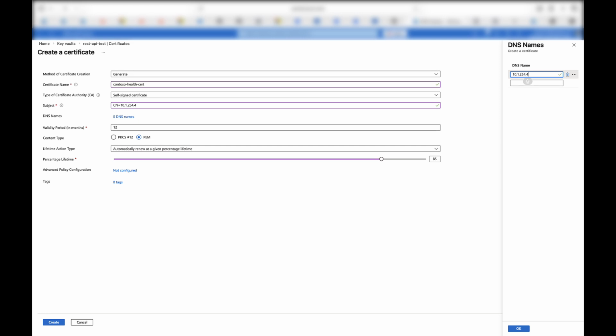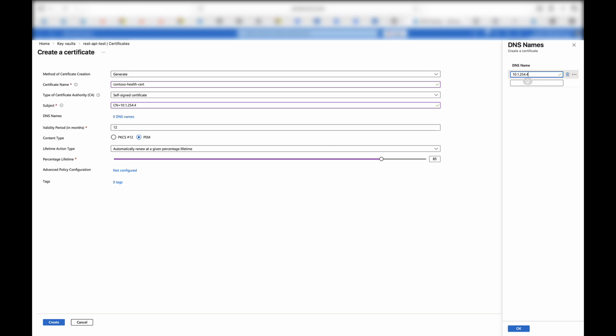Define the DNS name, the subject alternative name. For the DNS name here, again provide either the volume IP or the FQDN. For this demo, I am using the volume IP. This acts as a subject alternative name. It ensures the client can validate the certificate against the endpoint they are connecting to. Here is the tip: always keep the CN and the DNS name consistent with the actual API endpoint used in